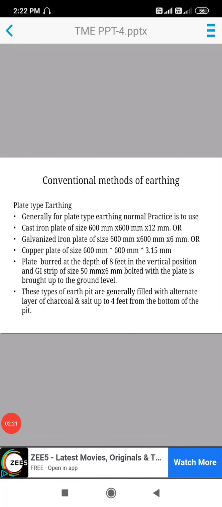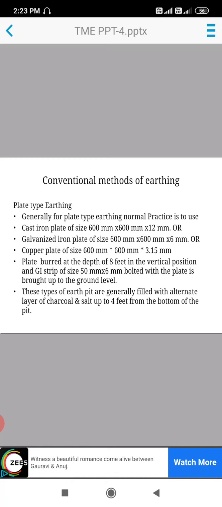Then we have to discuss the conventional methods of earthing. First, we discuss plate type earthing. Generally, plate type earthing is used in practice. In this earthing, a cast iron plate of size 600 mm by 600 mm by 12 mm, or a galvanized iron plate of the size given here, or a copper plate of the size given here is used. This plate is buried at a depth of 8 feet in the vertical position,